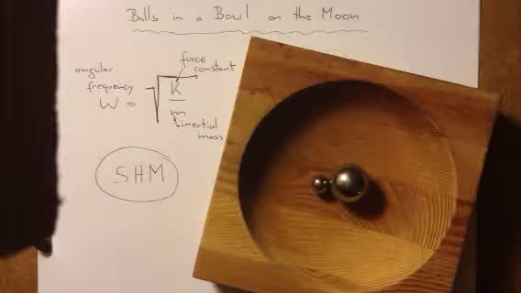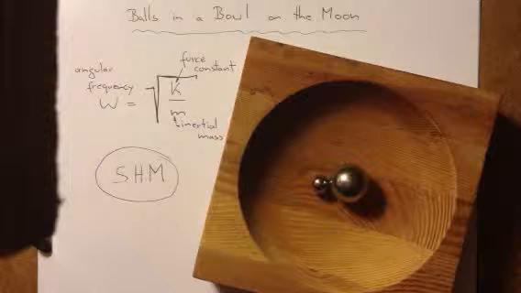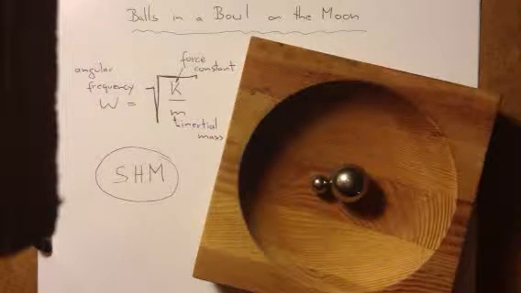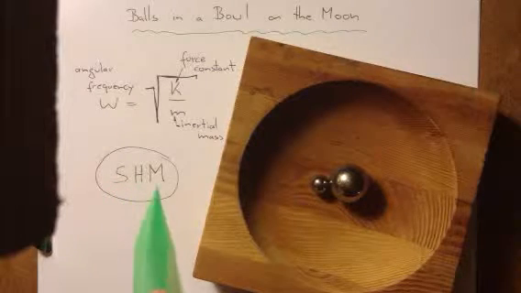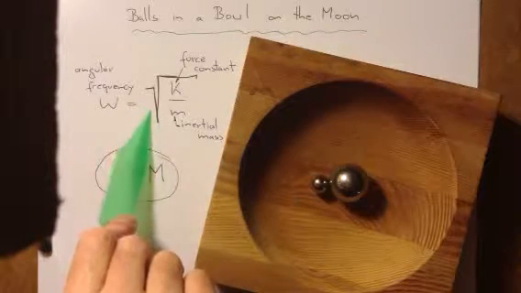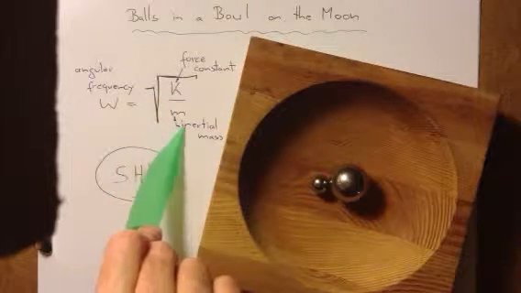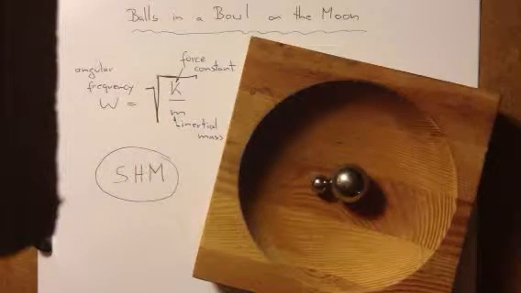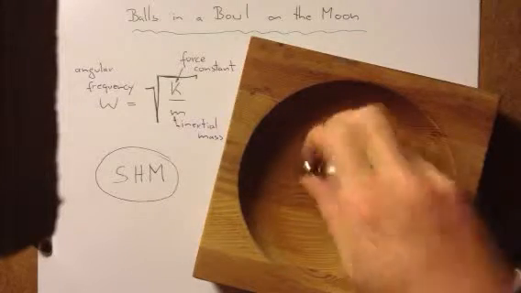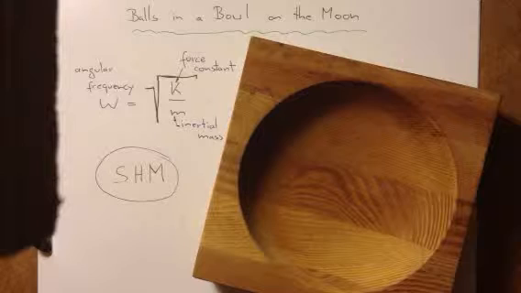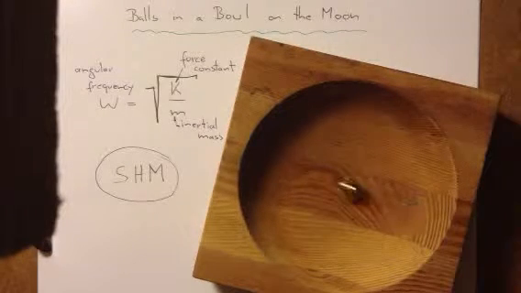Two balls in a bowl and the moon, how does that hang together? Everyone learns that the angular frequency of simple harmonic motion depends on the square root of the force constant of the restoring force divided by the inertial mass m of the oscillator. Now, here I've got a ball, which may be circular in curvature, and I've got an oscillator, a